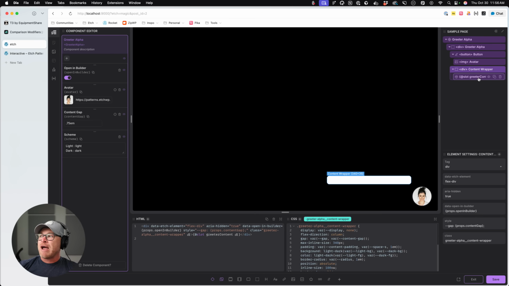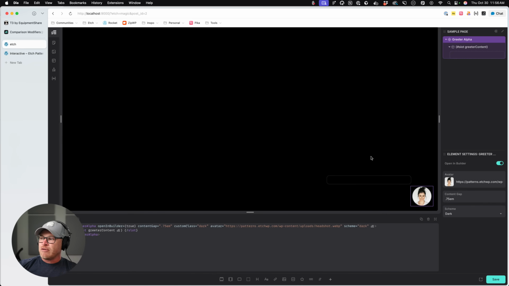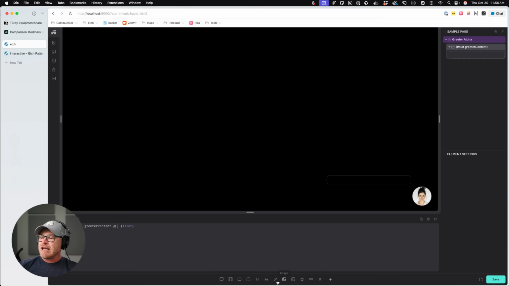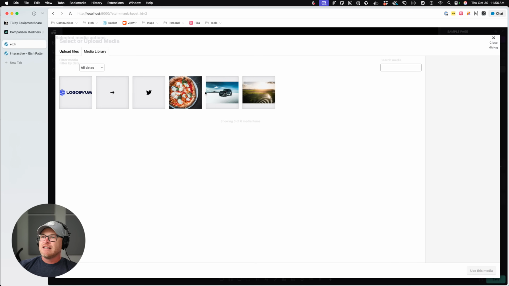Then we have a content wrapper, and it's literally just a slot. This is how slots work, by the way, for people confused about slots. This is a closed component. I am not editing the component right now. I am able to put whatever I want inside of this greeter.